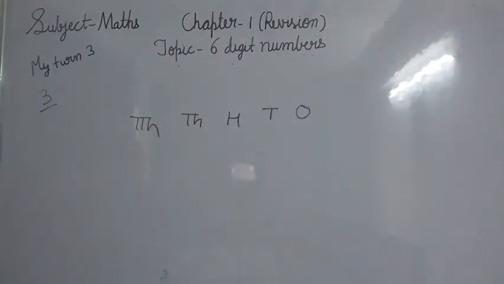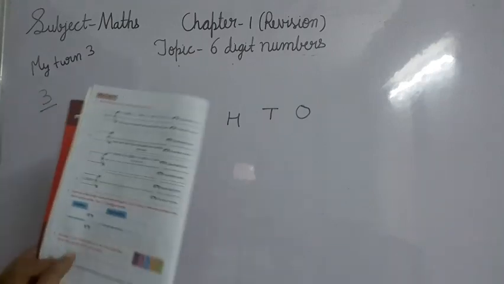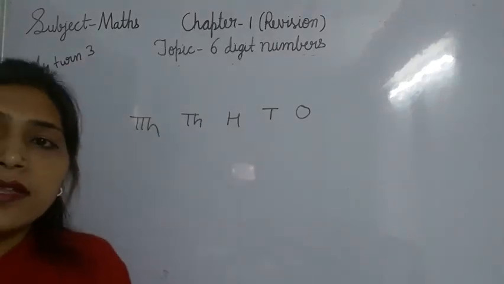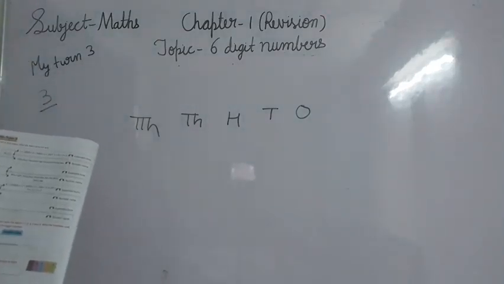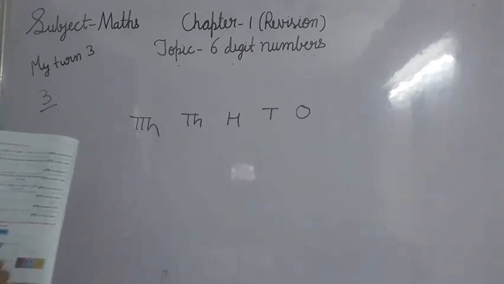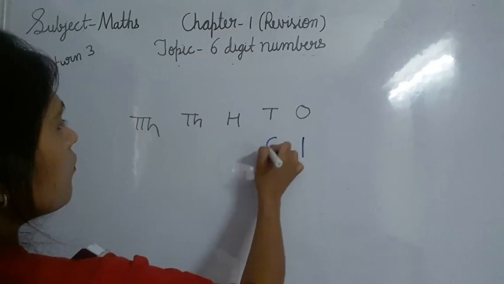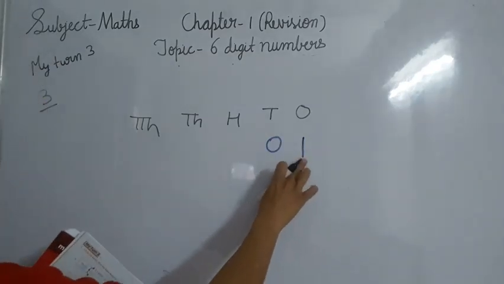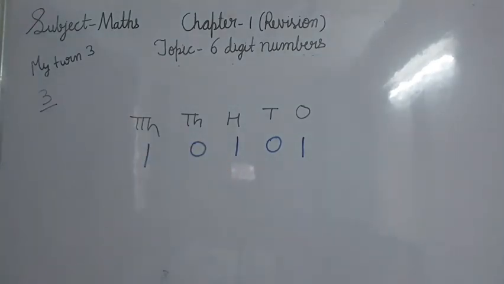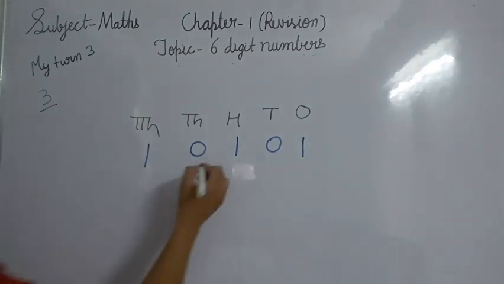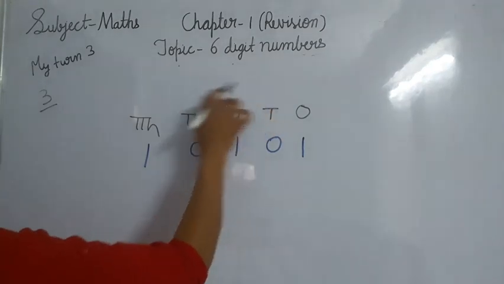So now they are saying arrange 1 and 0 alternately. Alternately means they are repeating 1 0 1 0 1 0. They say arrange 1 and 0 alternately up to the 10,000 place. And here they have already given 1 0, meaning we have to start the pattern from here. So 1 0, again the same, 1, then 0, then 1. Now we have to tell the number name. Which number is it and what is its name? It's a 5-digit number: 1, 2, 3, 4, 5.